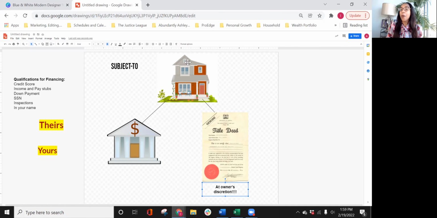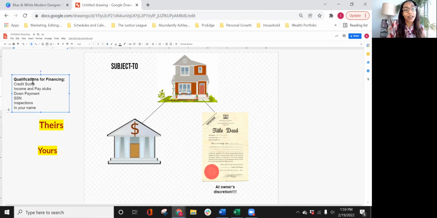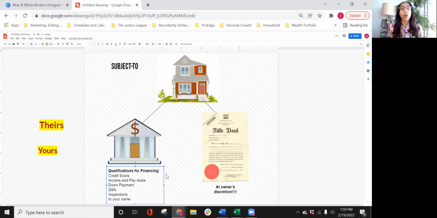Okay, so now you know that when you purchase a house using a bank or any kind of loan, there are two separate things happening. You're getting financing, and you're also getting the deed to the house. Now, for the financing side of things, as you all may well know, that person's going to have to qualify it. When you go to get a loan from the bank, they're going to look at your W-2s, your tax returns, income verification, your credit score, your social security number.